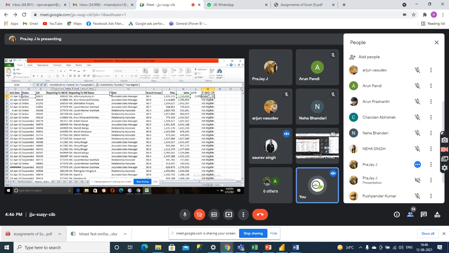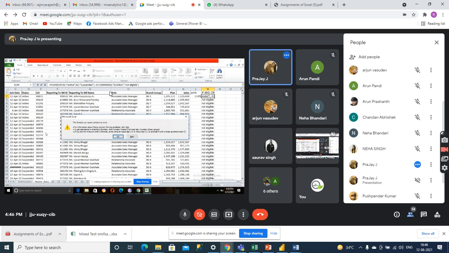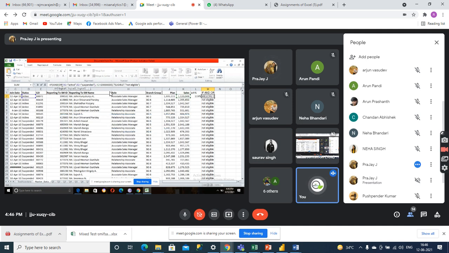The bracket is not required. There should be a bracket after DP. Yes, you have to give the bracket after, because the cell is showing. Now press enter. Yes, you got it.